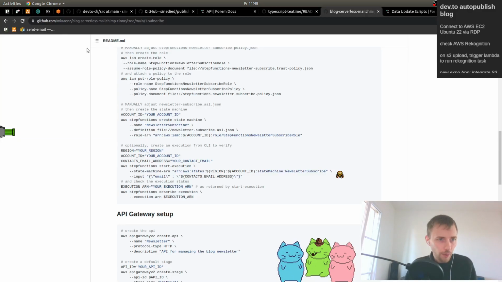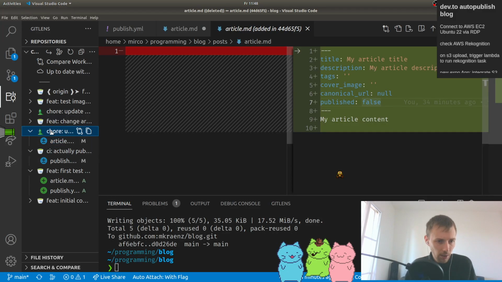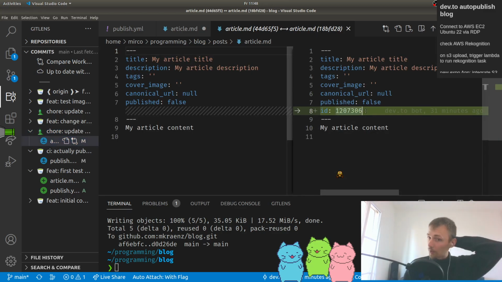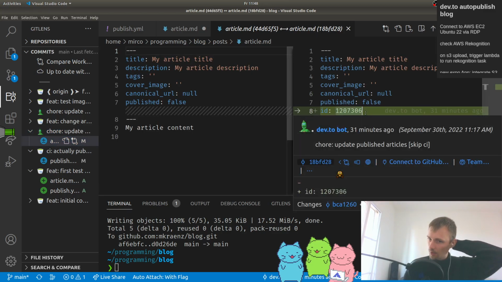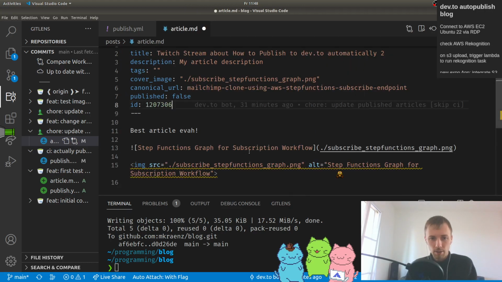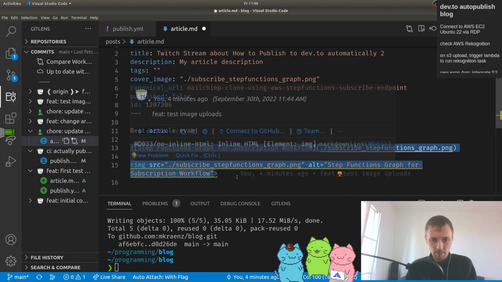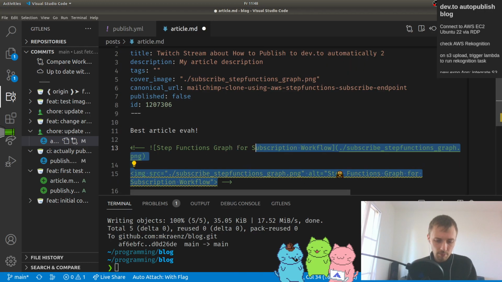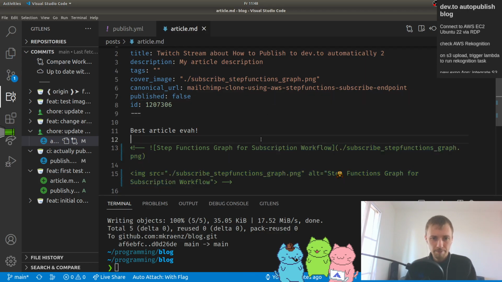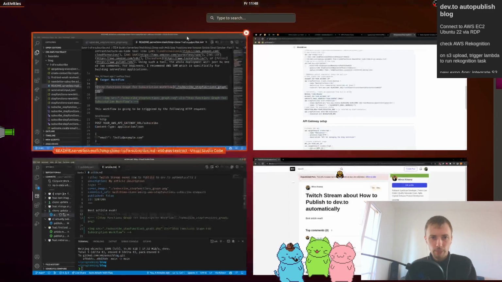Oh, whoa. I think here in this chore, there we go. That's adding the ID. Why is it unprocessed? Because of this? Is that the problem? Maybe